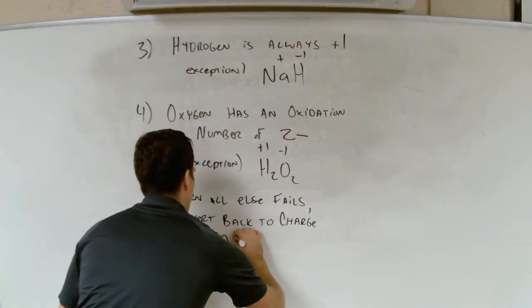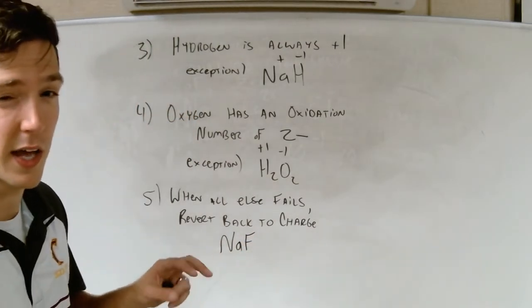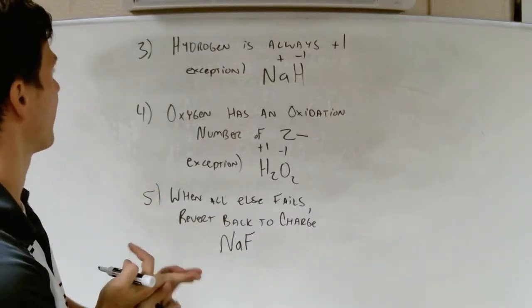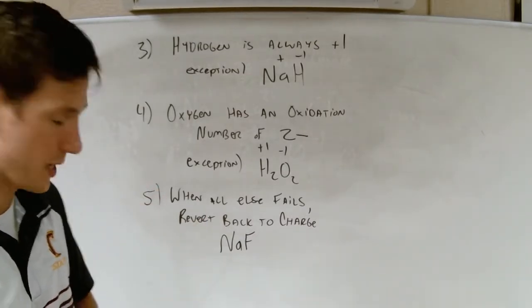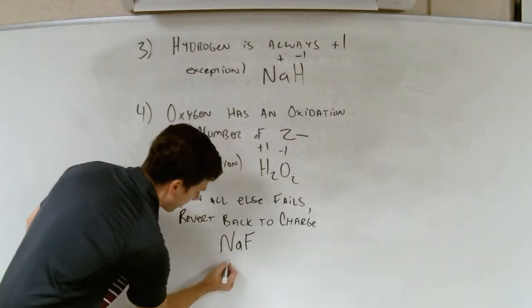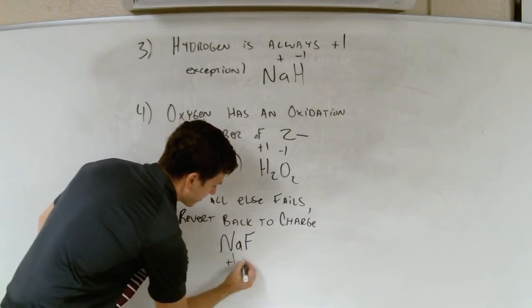So if you have a situation like NaF, that's not an atom by itself without a charge. It doesn't have a stated charge. It doesn't have hydrogen or oxygen in there to help me. I'm just going to revert back to the charge. I'm going to say the oxidation number on sodium is +1,